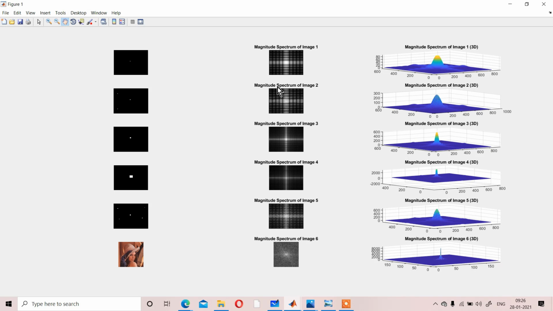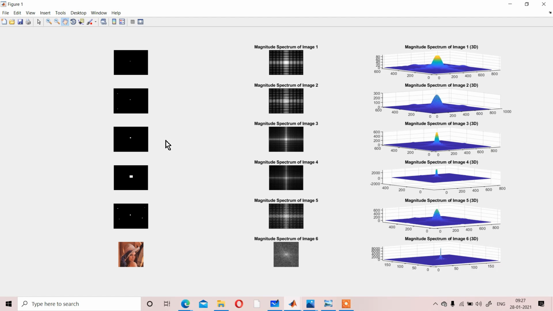Okay, now you can see that for the first case the size of the dot is small, but in the fourth case the size of the dot is bigger. That means for the first case the resolution of the image is high, and for the fourth case the resolution of the image is low.